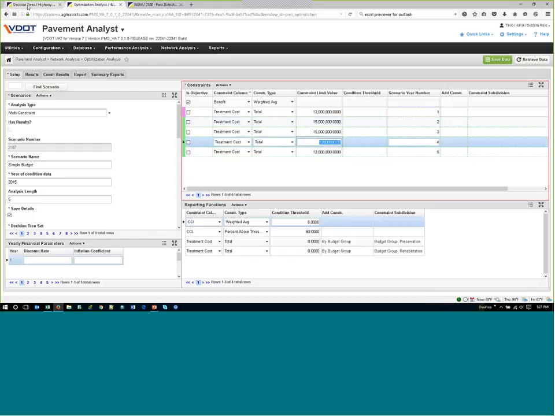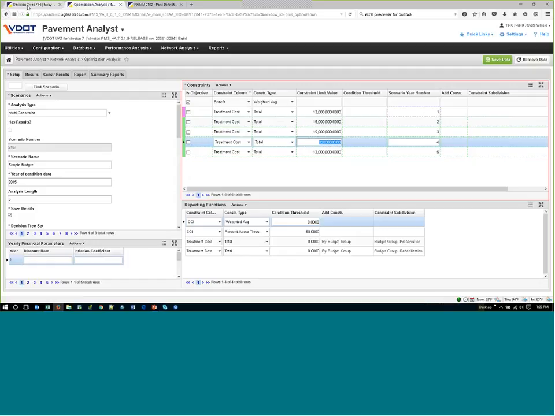set the cost calculations for any given treatment, you know, very flexibly. So you can go in and set a calculation. Well, if pavement's in this condition, this is how the cost is going to come out. You can also set up your decision trees such that, if you do nothing, well, it's not really a do nothing, but if you don't do this treatment, you have to do this